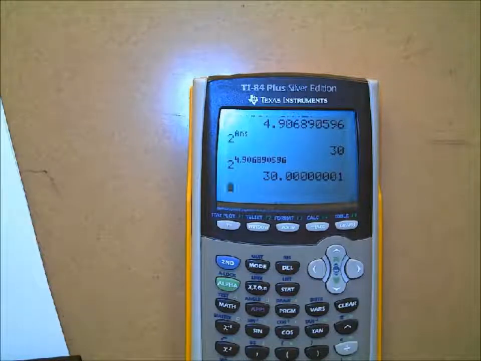Yes? I also found the log base thinking. Yeah, there's also that command too. Because my friend taught it, she